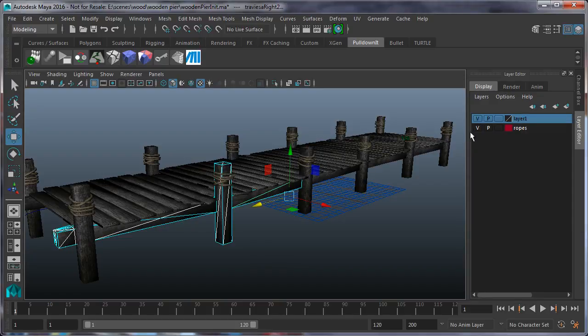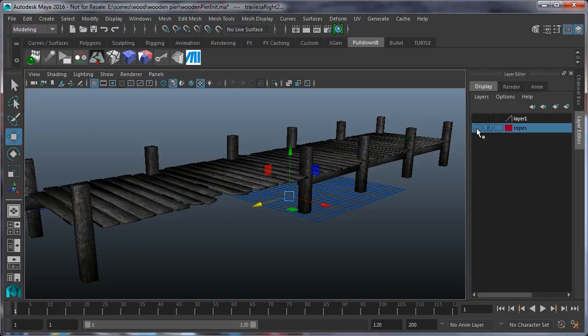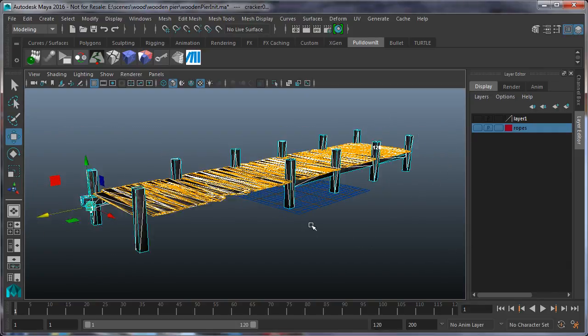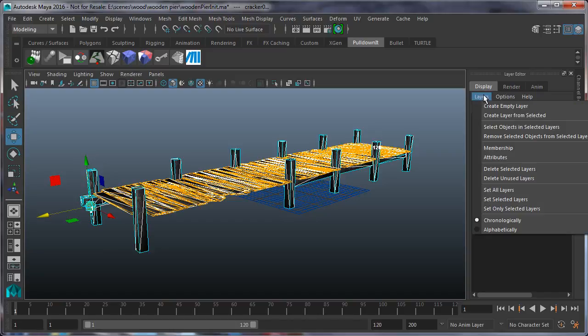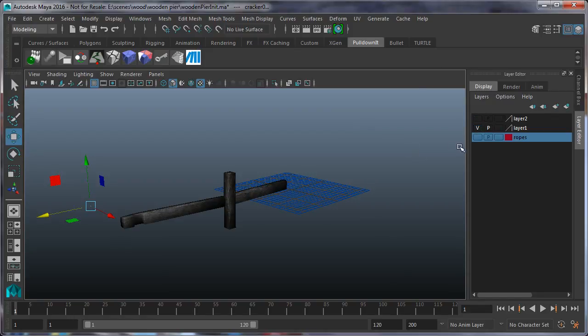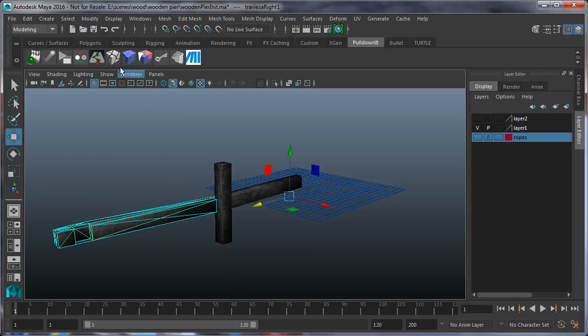so I can make them visible alone. So now we have two layers here, one for the ropes and one for our post and beams. So I can hide everything. Okay, I cannot, because I need another layer for the rest of the objects. So select everything except our post and create another layer for them. So now we have three layers and we can display only the objects